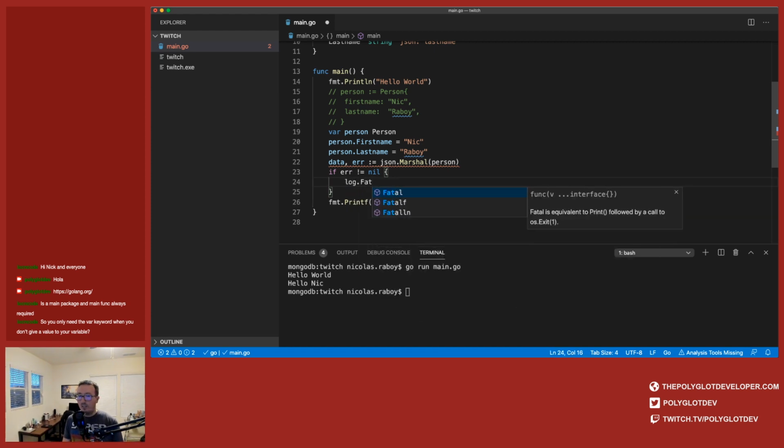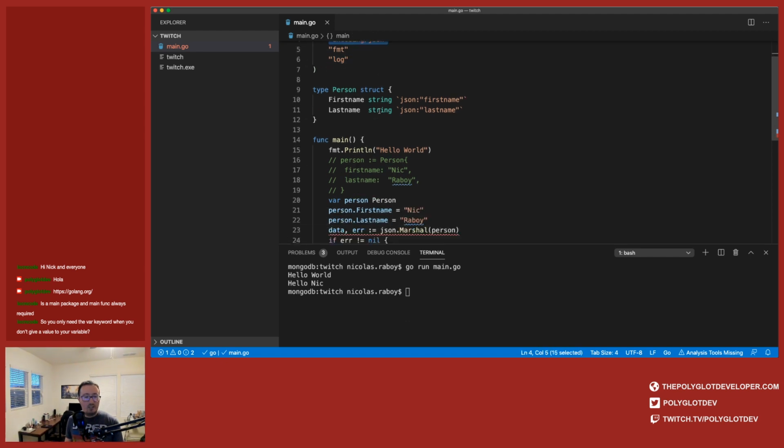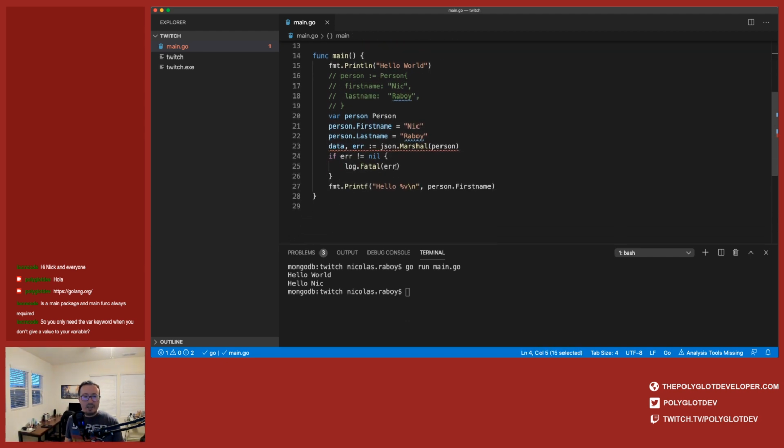Fatal will print it out. We can say error. You'll notice that it imported log up here. It also imported JSON. log.Fatal will terminate after it hits this point, so it'll never reach line 27 if an error was thrown. But that may not be what you want either.